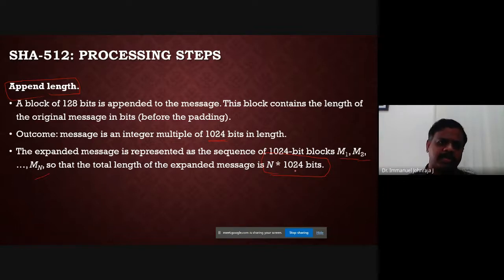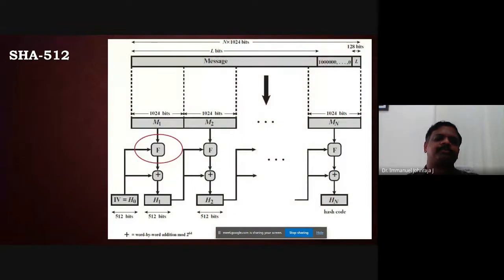This is simple for us to understand. This is what is happening at the pre-processing step. Though it is a processing step, it is a pre-processing step. We haven't started calculating our secure hash algorithm. All right. Next, let's concentrate only on this one, and then we can expand our calculation to the entire block.